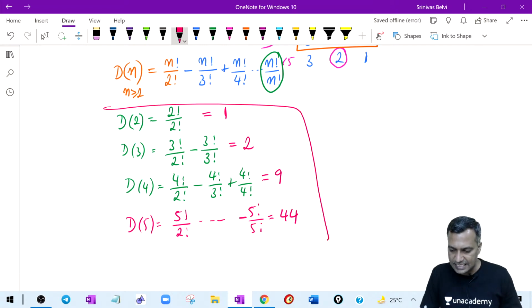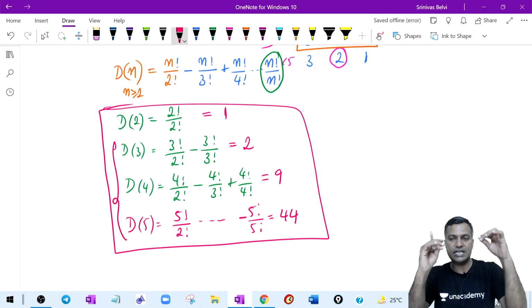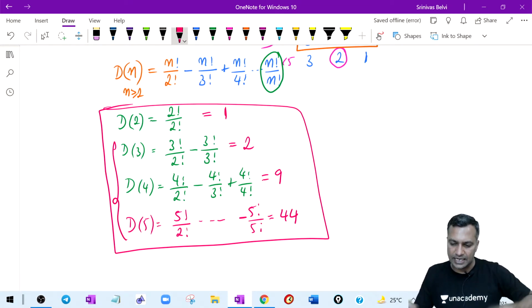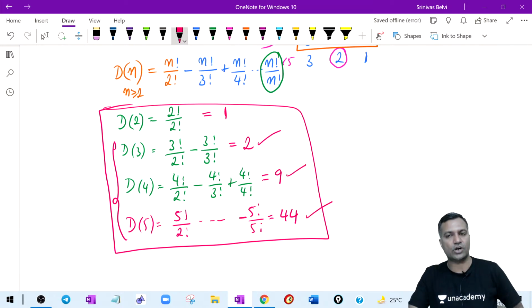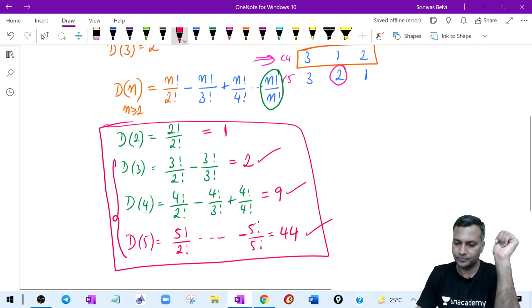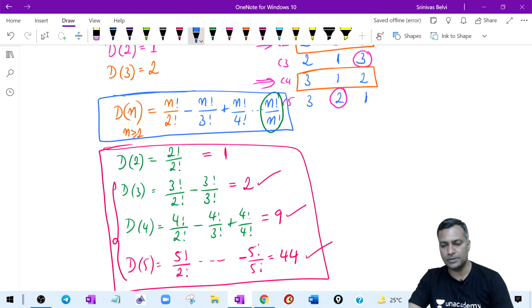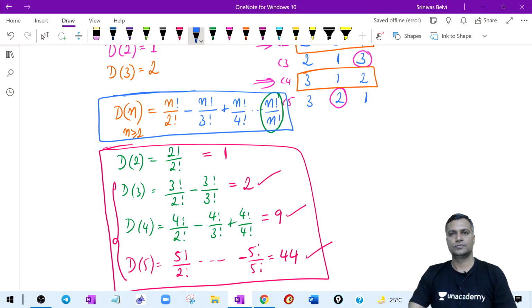Now these are the numbers at least you should remember. Dearrangement for 2 is not required. Dearrangement of 3, 4 and 5 repeatedly comes in the exam. It is good to remember these numbers 2, 9 and 44. Dearrangement as a concept is clear now. You understood what is dearrangement. Along with that, try to remember this formula also. The proof comes from the inclusion-exclusion principle. If you are interested, open your 11th standard higher algebra book and take a look. The proof would be there. Because of want of time, we will not get into the proofs in these classes.